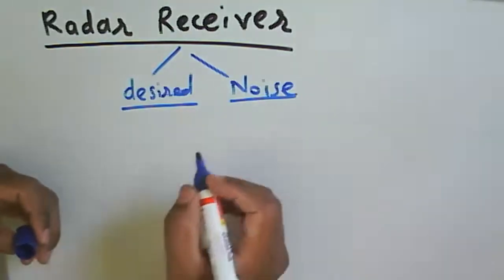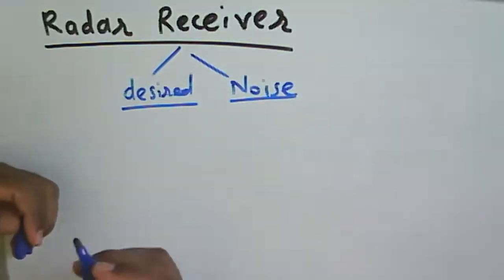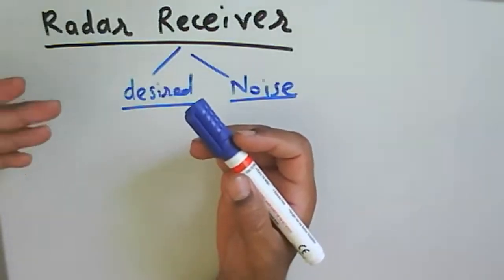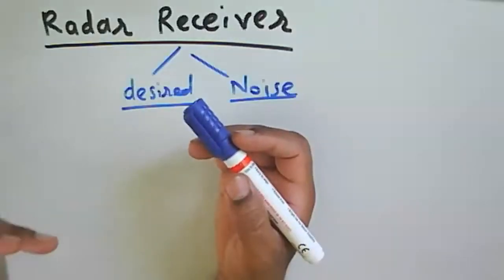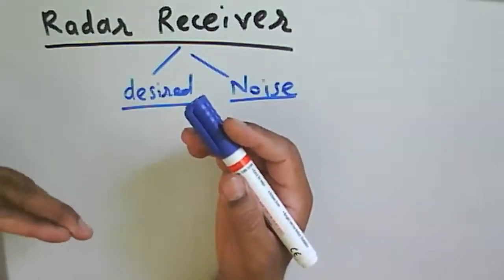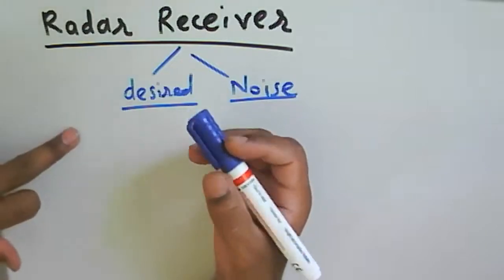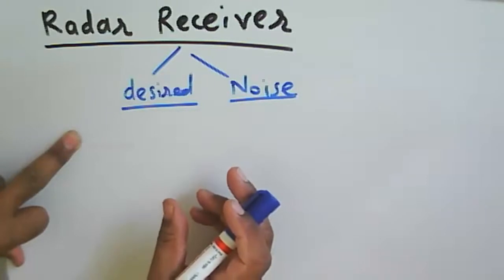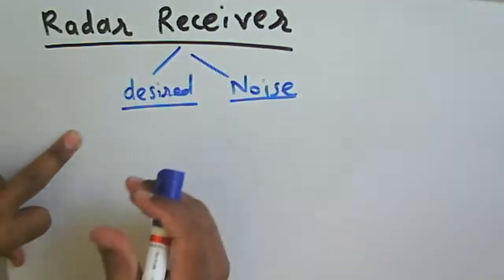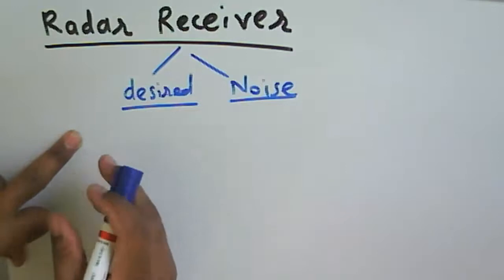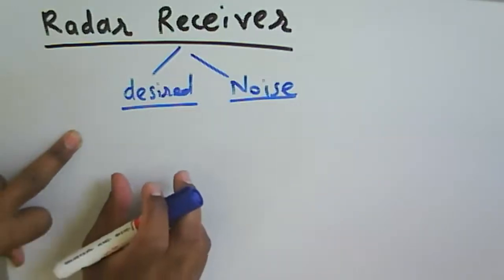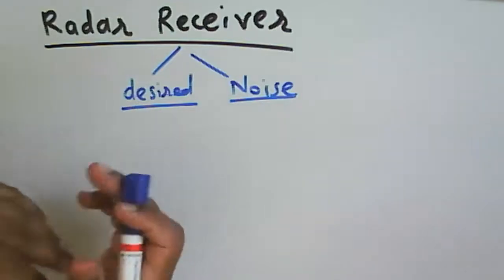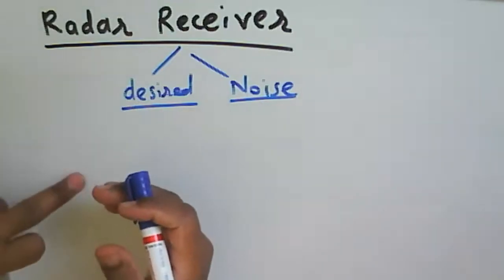Whichever echo signals we receive have some level, and noise may have a small level of signal. So we can consider a threshold value, and a signal above that threshold is considered the desired signal. But if some clutter signal is above that threshold,